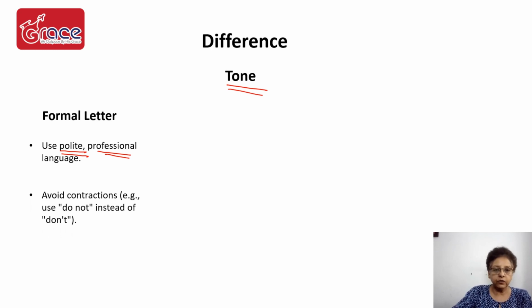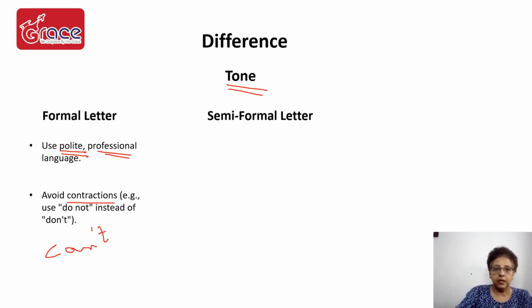Then a very important thing over here is that you will avoid using contractions. What are contractions? Words like saying, I can't do this. No, you will not say, I can't do this. I cannot do this. I do not want to go to the market. So you're going to write complete words. These contractions which end with an apostrophe are not allowed. It's a big taboo in your formal letters. Then comes your